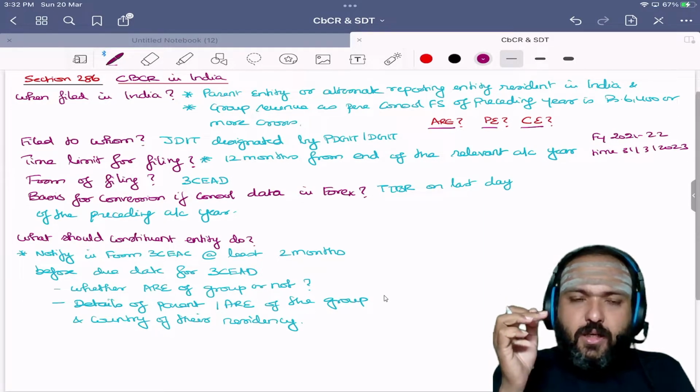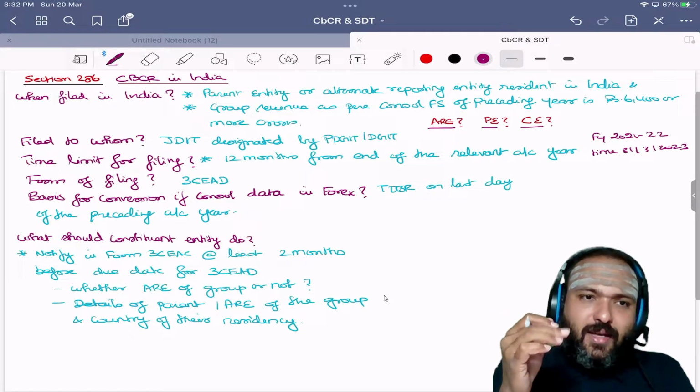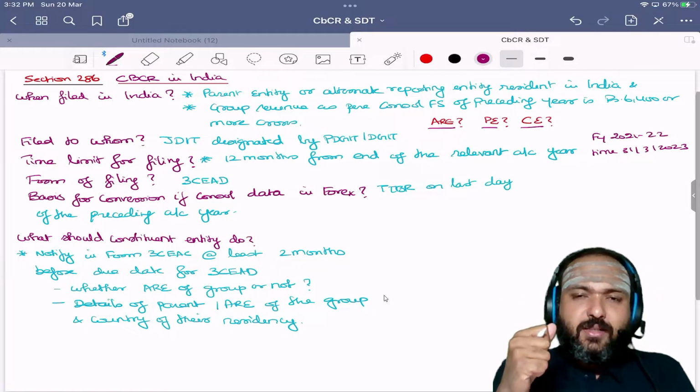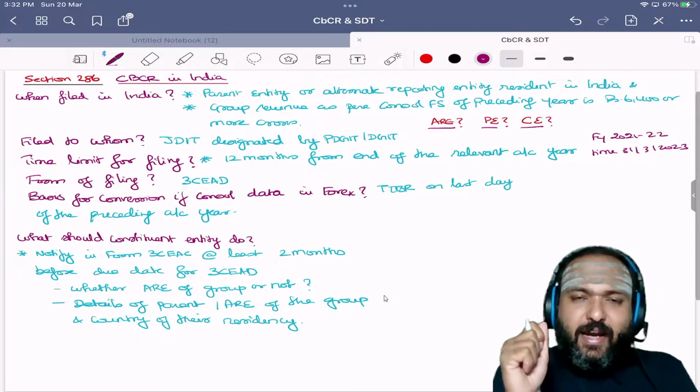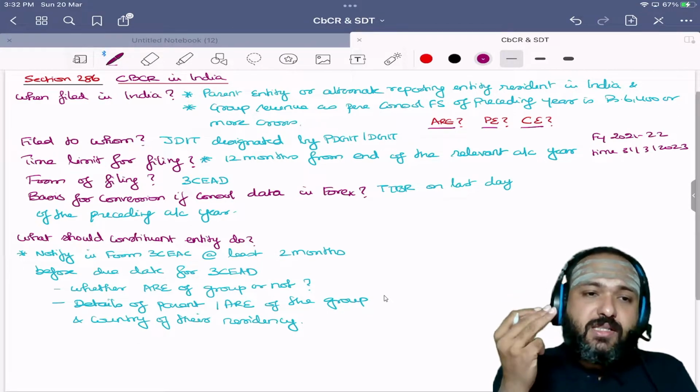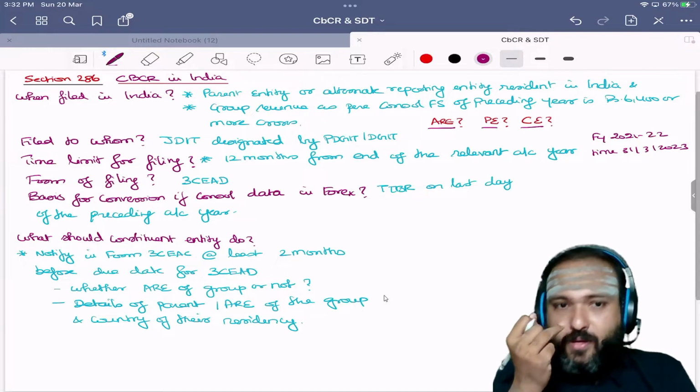Now, what all have we answered so far? When is it to be filed? To whom is it to be filed? What is the time limit for filing? What is the form for filing? Now,